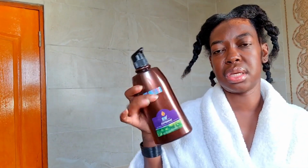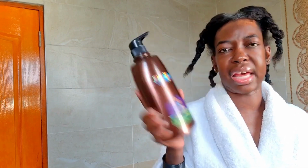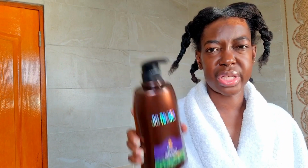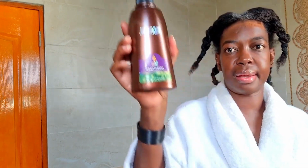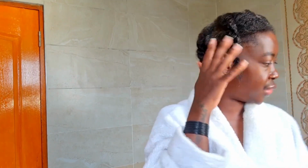So in terms of the products, I like to use these argan oil products. I think they've been really good for my hair, because I started using them maybe 2 years ago, and I found them to be really, really good. So this is the shampoo, and then this is the conditioner. When I do the treatment, also this is the